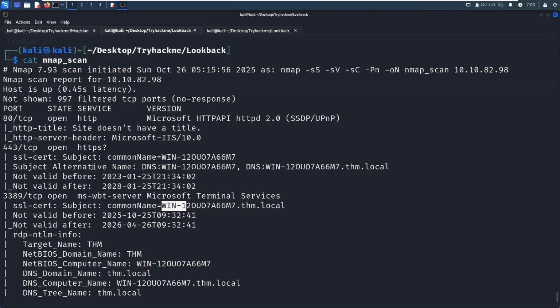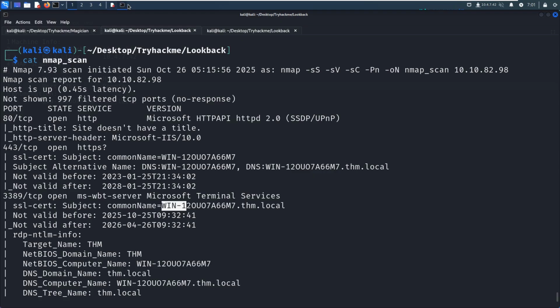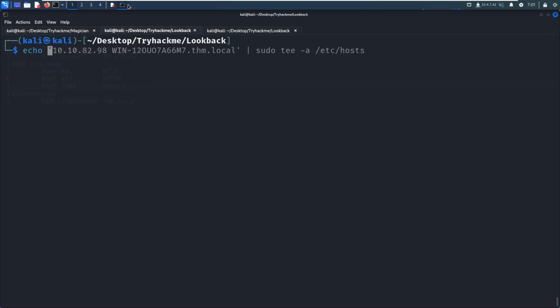We need to enumerate these two ports, both manually and automatically. But before we do that, I think we can append this host name to the hosts file first, okay? So how to do? We can use the command line echo, and